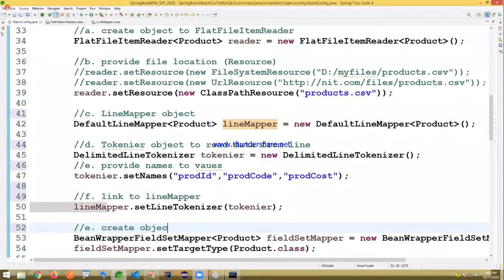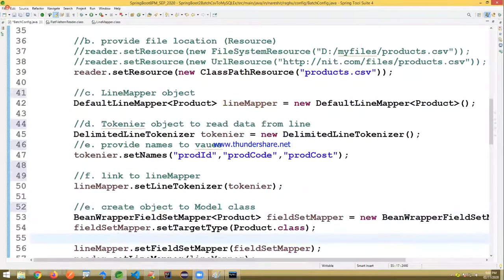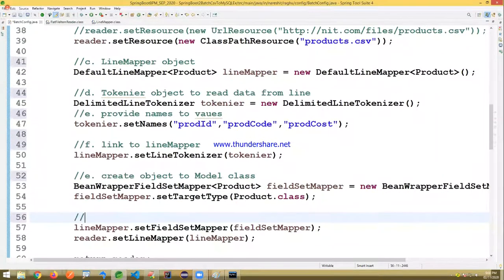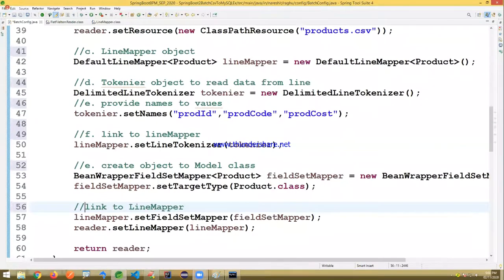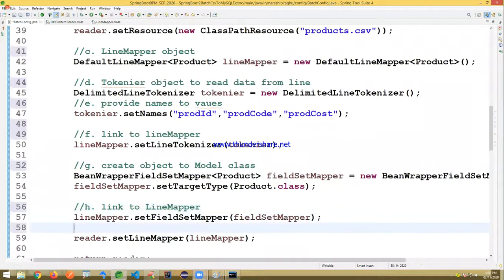Create object of the model class. That's actually bean wrapper field set mapper. Link to line mapper. And finally link to reader.